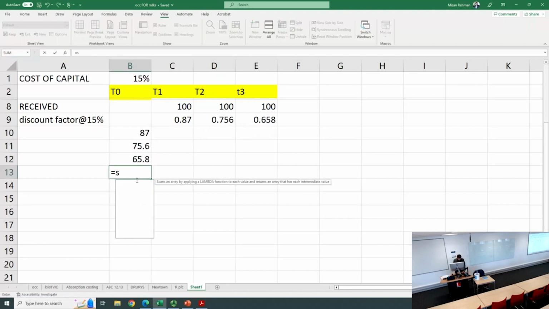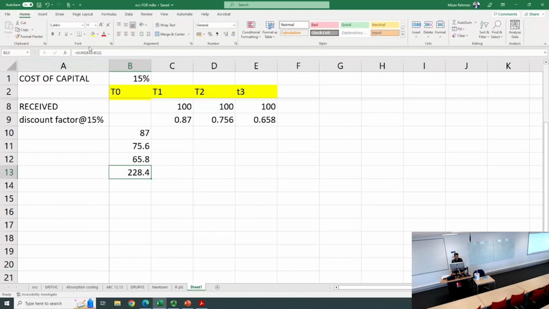We sum it up and we get 228.4. We received £300 in total in 3 yearly installments, but the real value of those £300 is